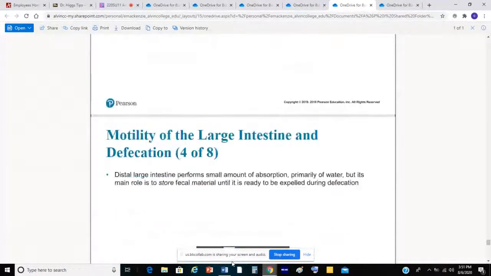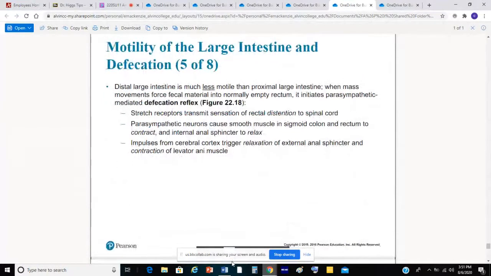That's the major indicator that your body knows that you have to poop. And that's all this is talking about in your exam review. It begins with stretching in the rectum, and that stretching is picked up by receptors. And that's how your body will know you're ready to defecate. And it will trigger the